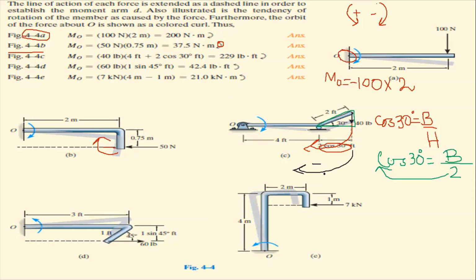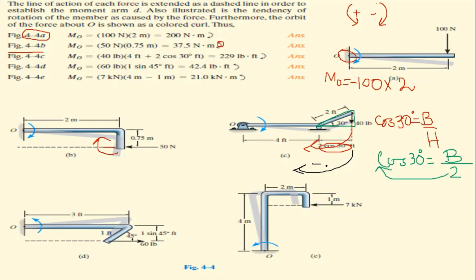Right now we are not concerned with the positive or negativity, because you very well know, in equilibrium condition, if you are taking clockwise positive, so anti-clockwise is also automatically negative, and if you are taking anti-clockwise positive, so clockwise will become automatically negative. It's up to you. But right now what we are concerned about, we are concerned about the length when we are rotating the force towards wherever we are going to sum up the moment. So we have to multiply its perpendicular distance.